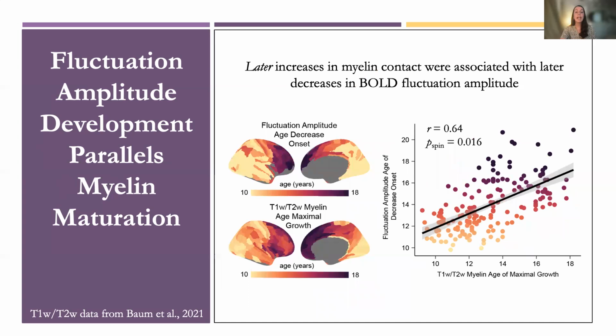In addition, the age at which fluctuation amplitude began significantly decreasing within each region was associated with the age at which the T1-T2 ratio maximally increased. This association reveals temporal correspondence between fluctuation amplitude development and maturation of a main limiter of cortical plasticity. Having established that fluctuation amplitude development tightly paralleled development of a plasticity regulator and broadly diverged between sensorimotor and association cortices,